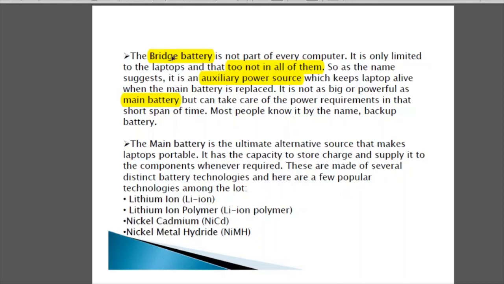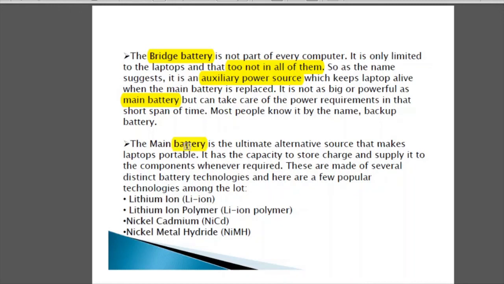जब आपकी मेन बैटरी उस सिस्टम में नहीं है या ठीक हो रही है, तो उस ड्यूरेशन में जो ब्रिज बैटरी है वो यूज़ करी जाती है. तो ये सिस्टम में हो भी सकती है, नहीं भी हो सकती, और नहीं होगी तो ऐसे कोई प्रॉब्लम नहीं आती है. You can always use the external power for providing power to your laptop. So it is an auxiliary power source that is not compulsory. Okay,